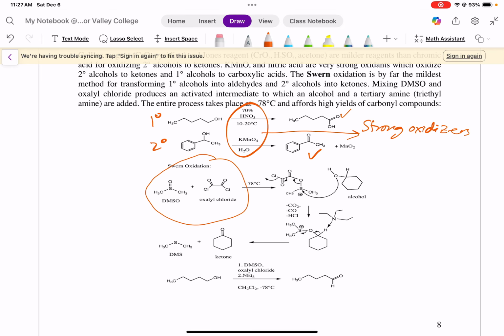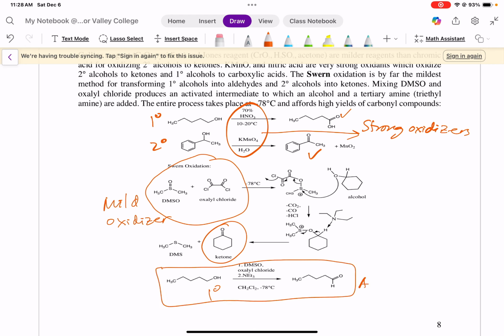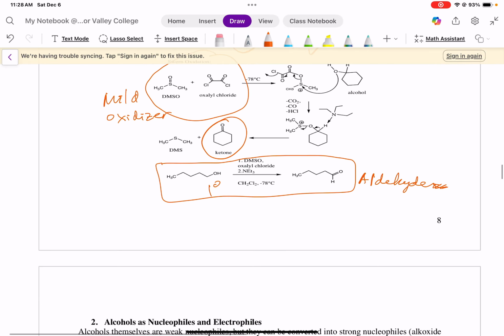Swern is also a mild oxidizer. So for secondary, we get a ketone, but for primary, we got aldehyde. So we do have a lot of options there, okay? Either Swern or PCC, remember, okay? PCC or Swern,